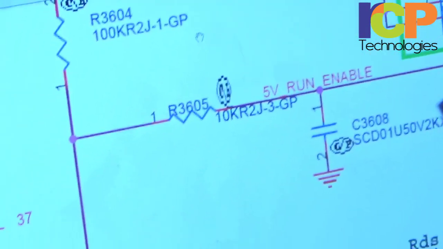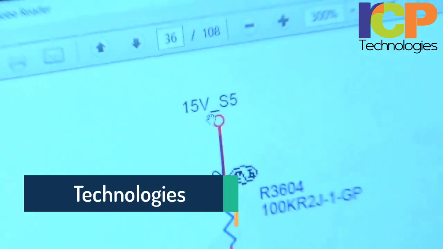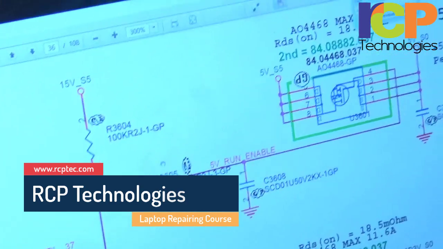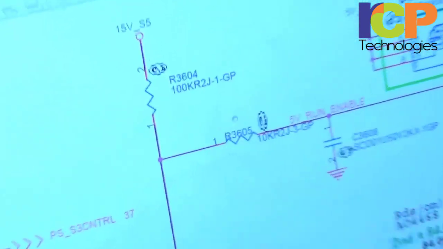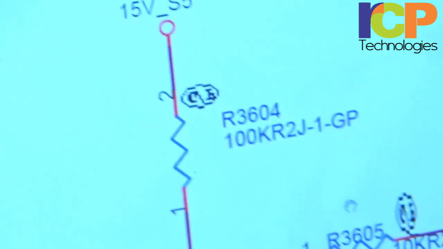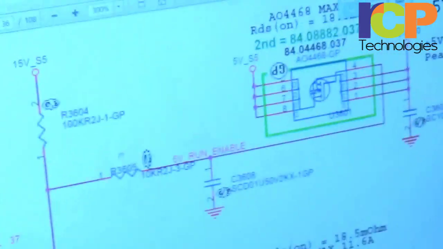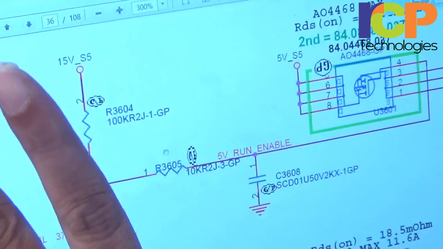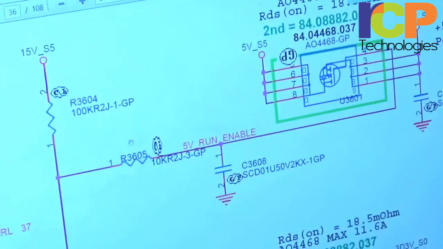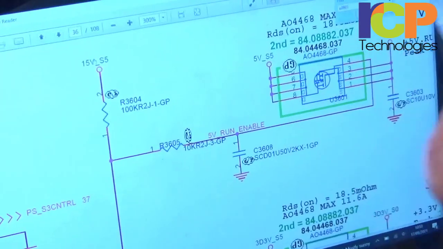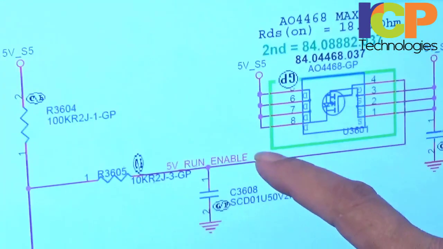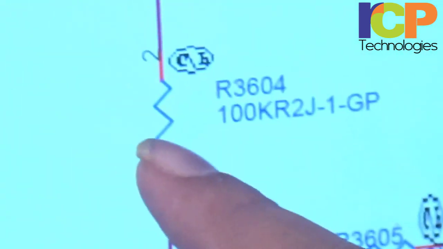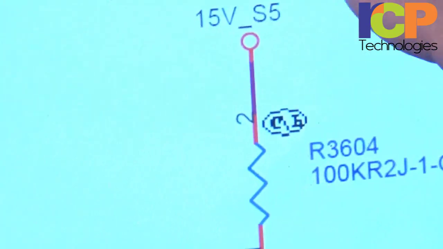Okay, now first we will check if this 15 volts is present at this pin. If present, why is this 15 not going to the gate? So what are the components involved? Because without these 5 volt and 3 volt run voltages, you cannot expect the other run state voltages to be present on the board. So first we will identify the reason for the failure of these two run voltages. Here we have the gate of this switch, and 15 volts should pass through a 100K resistor and 10K resistor to the gate. But first we are going to check that this 15 volts is present correctly or not.